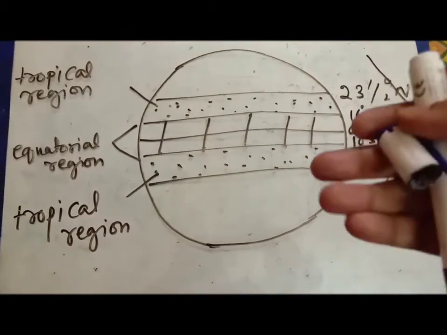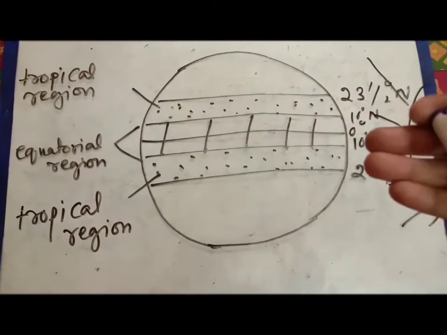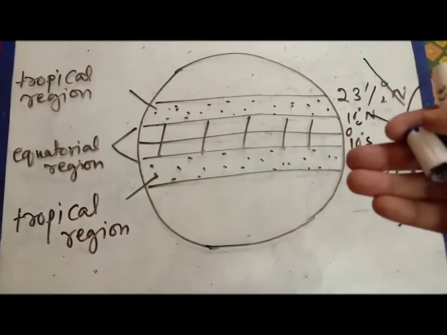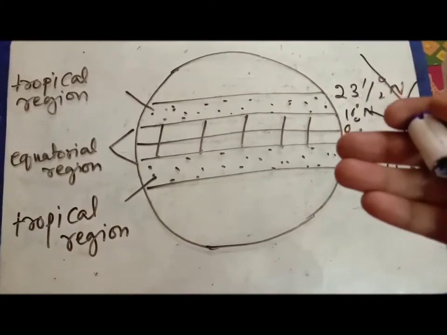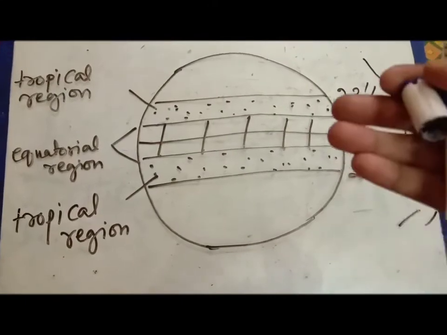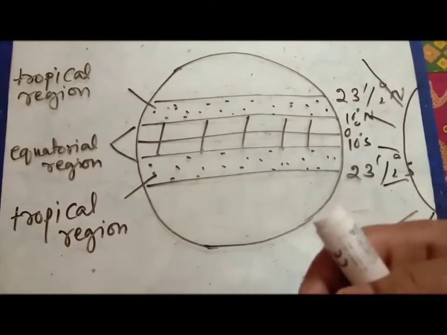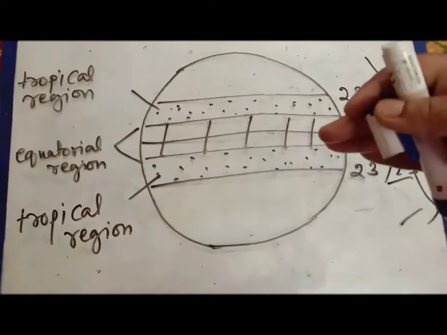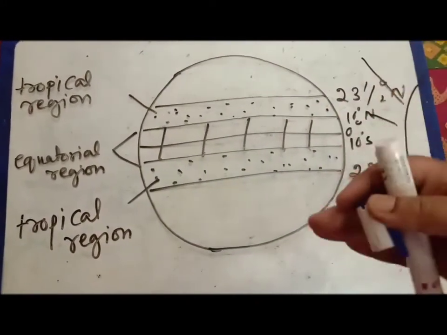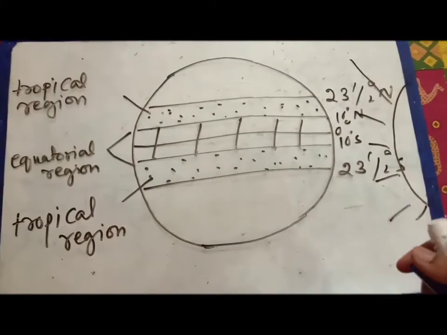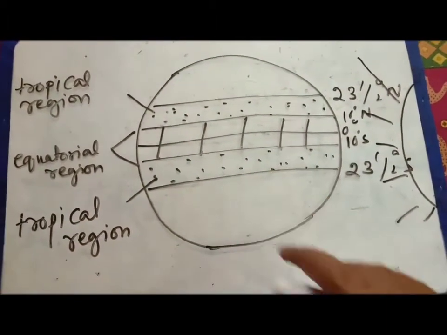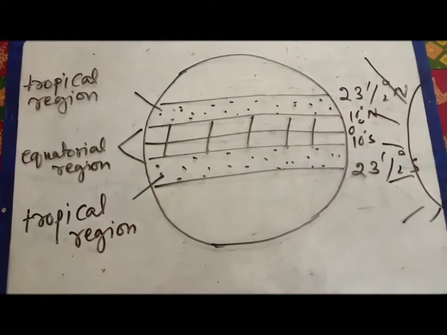As we are going up to the north and going down to the south, far away from the equator, when we are leaving the equator and going near to the poles, the seasons change. Here in the tropical region we can see the seasonal changes very much.